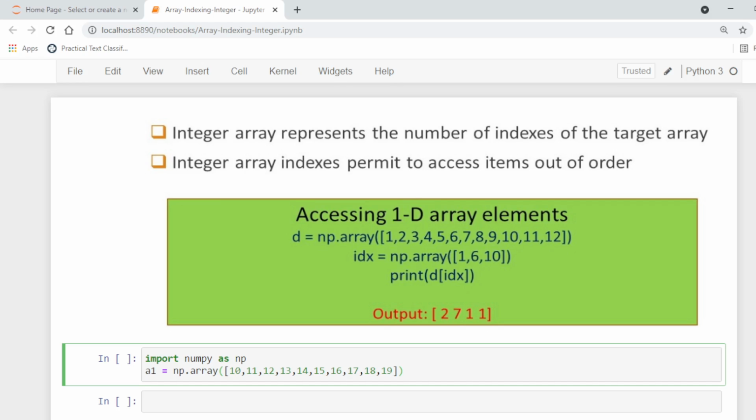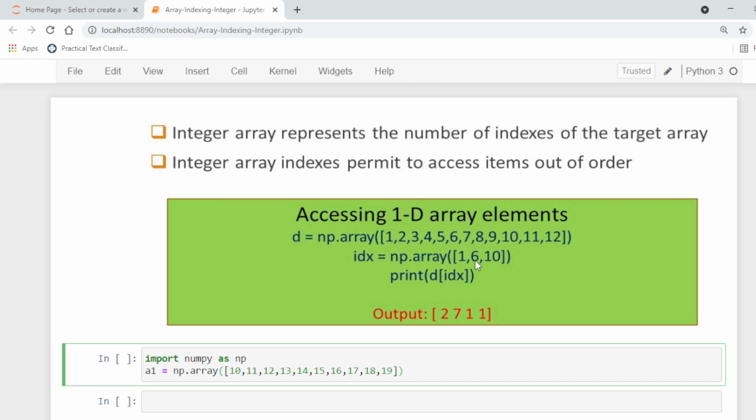So here is an array in which there are 12 elements, and there is another array in which there are 3 elements. These 3 elements will be used as the indices for the above array. If we use the second array as a subscript for the above D array, we will get the following values.